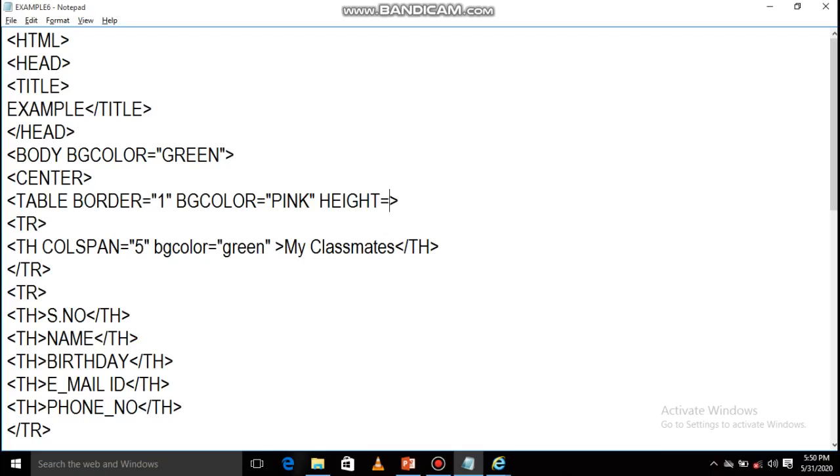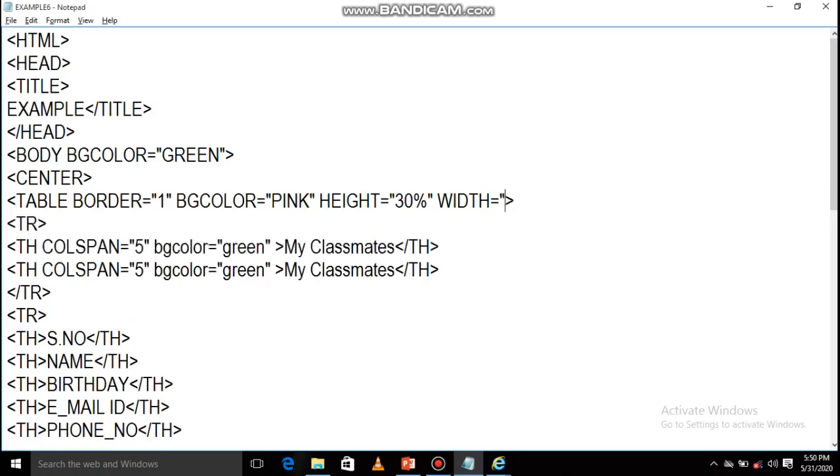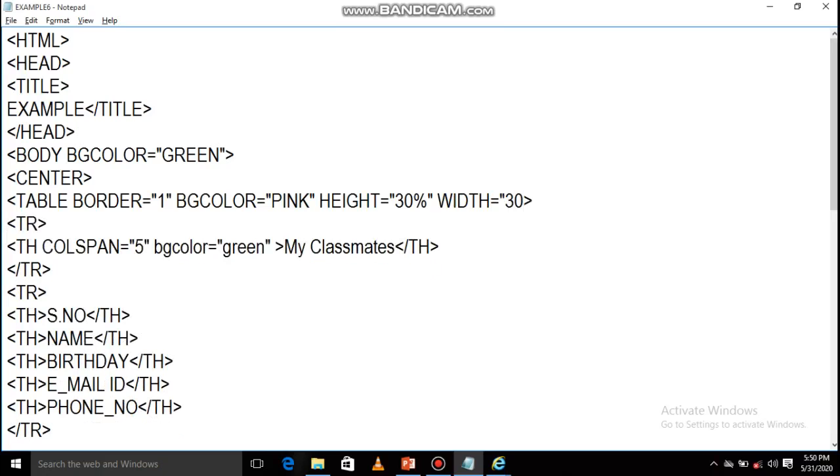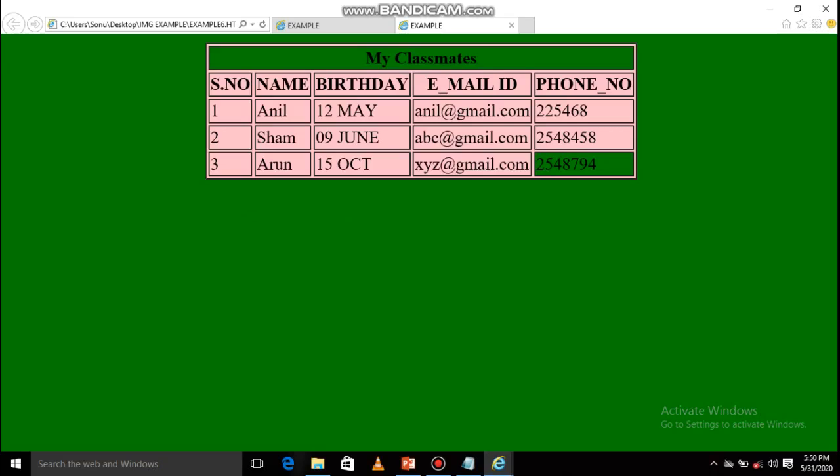height and width attributes. Suppose height is 30%, and width is also 30%. So it occupies 30% space of the screen.